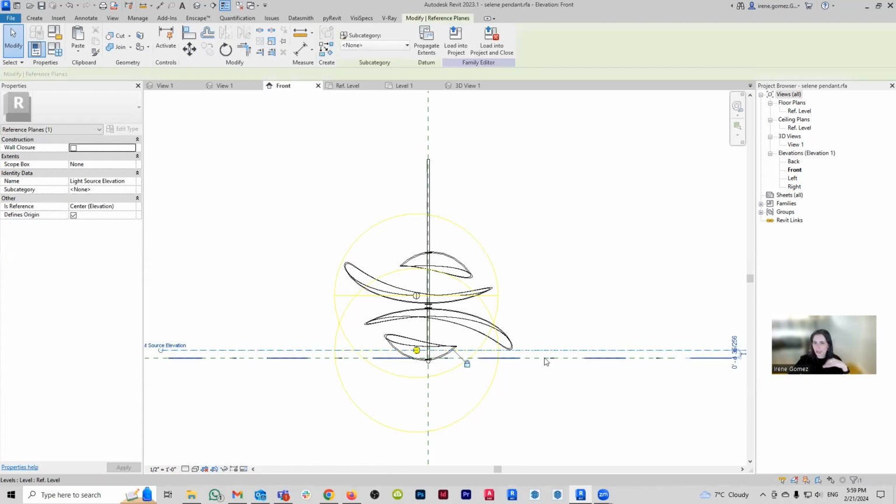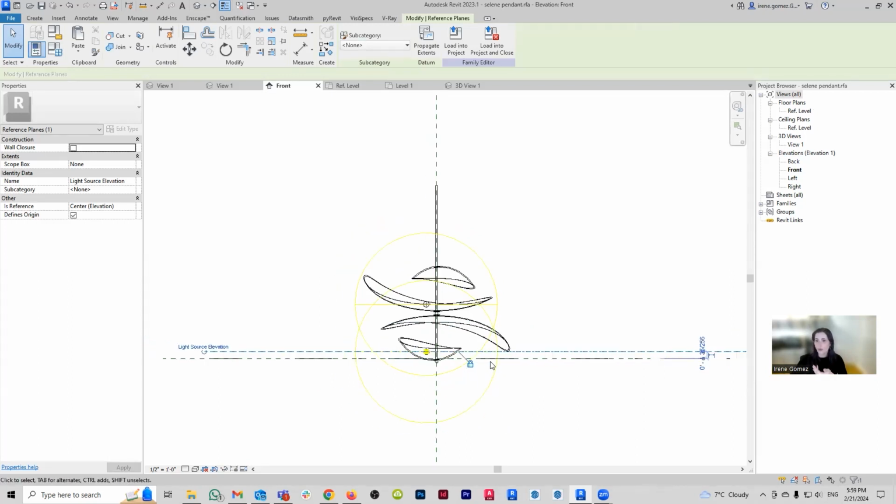Because this reference plane here, you cannot detach the light source from it. And this reference plane here is the height from floor. So lighting fixtures by default, when it comes to setting the height, is from level. So if I want to adjust my height, what is going to happen now is that I can just count the height from the floor. And this is great because this is actually how we usually do lighting fixtures.